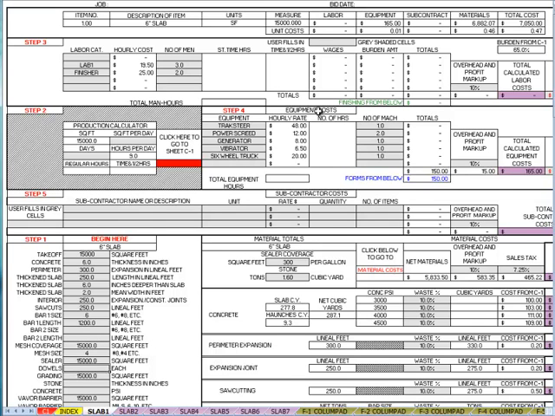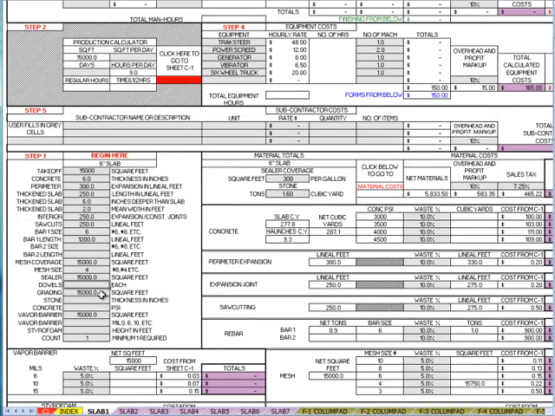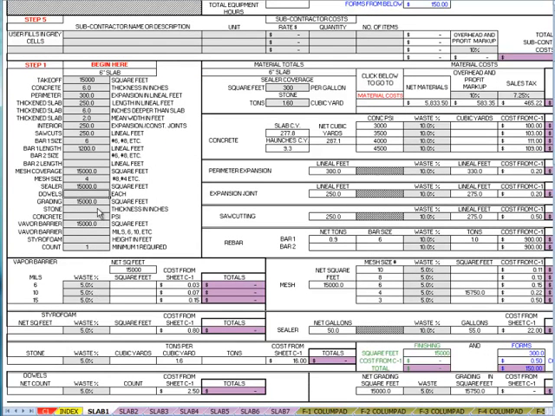I have dowels, I have grading, I have stone. My grading's already in there. My stone is 4 inches. I have no dowels. I'm going to put in a 4,000 PSI mix on this. I have 15,000 square foot of vapor barrier with a 6 mil. I have 1 foot of styrofoam around the outside, and as you can see, that gives me